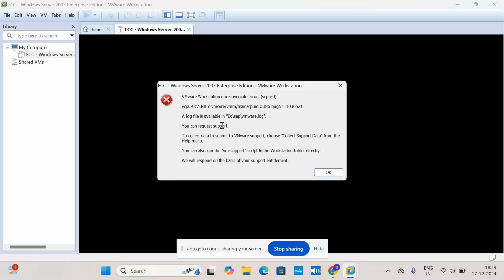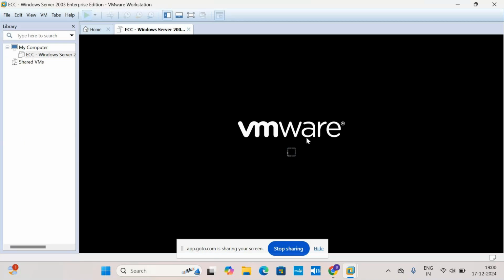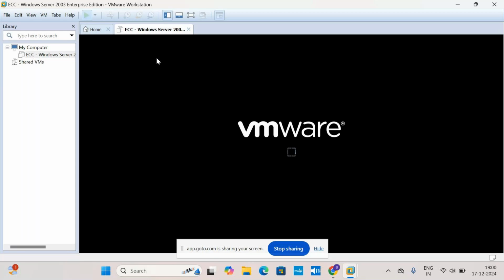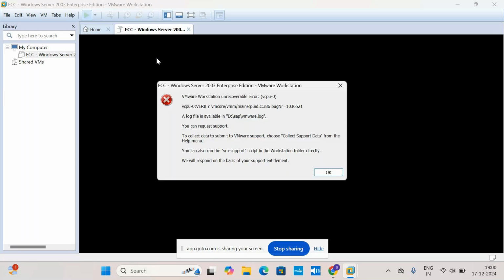No, there is an issue. It is a software issue. What can we do? Close it. There is some error displaying. Now one thing we can do, power on the virtual machine. So here we have the option called power on the virtual machine. Click on that. What is showing, failure?